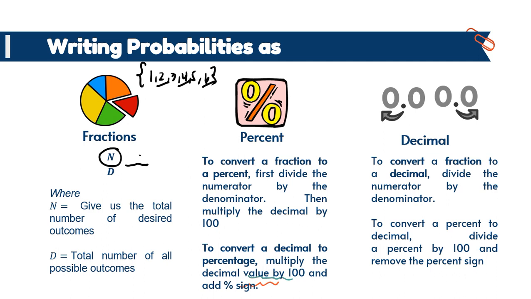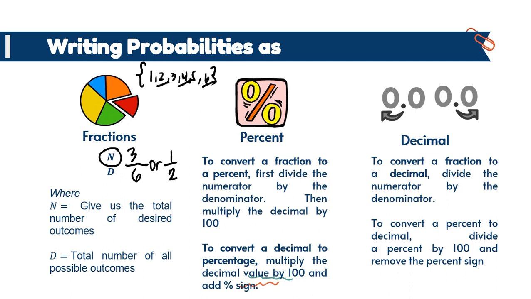Okay? So, we have 3. Out of ilan ba silang lahat? Ilan lahat yung possible outcome? We have 6. So, 3 over 6 or simplest form po, we have 1/2. That is fraction. Okay? Ngayon, paano naman natin siya i-convert